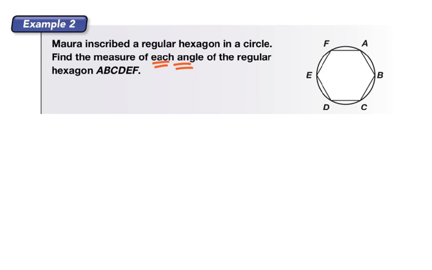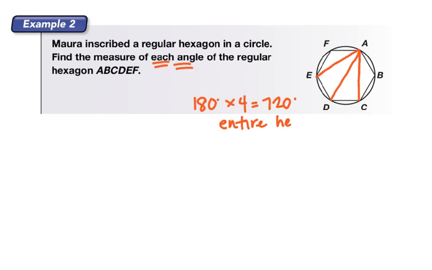Well, we just learned that in our hexagon, because we had our 4 triangles, we were able to say, well, 180 degrees times 4 gave us 720 degrees. And that was our entire hexagon, or all interior angles. But now we want to know each angle